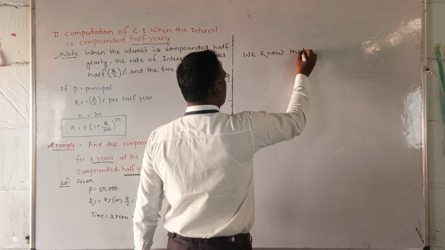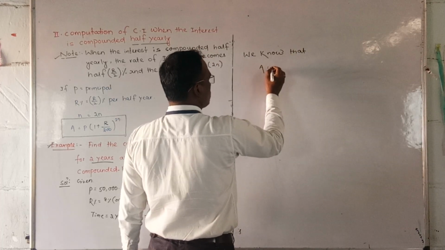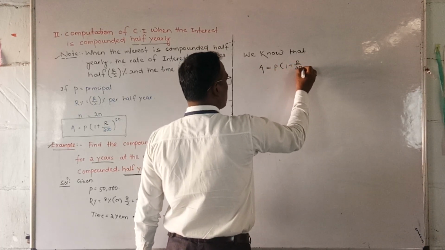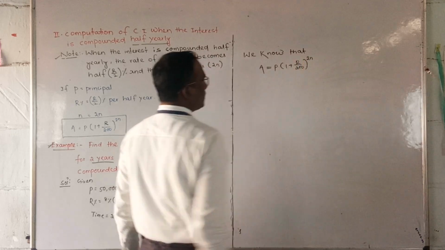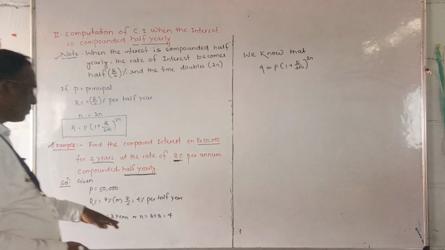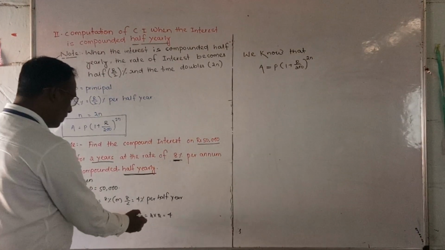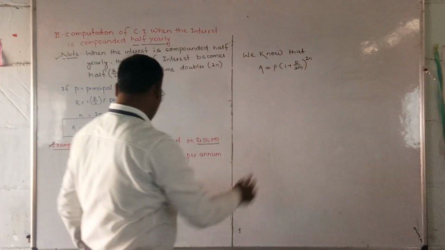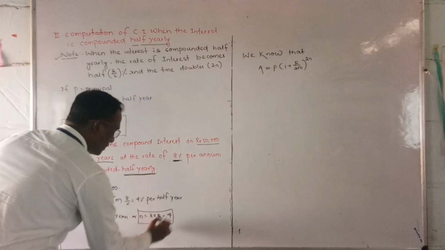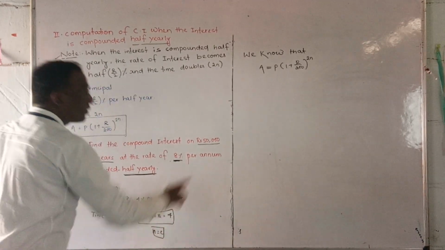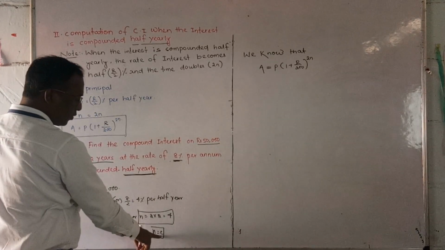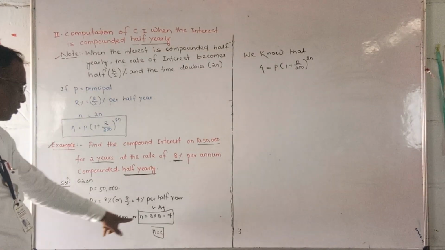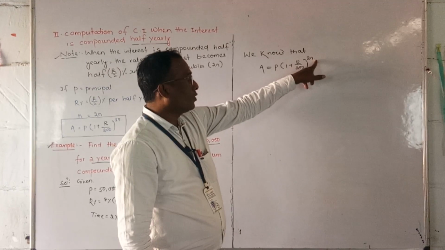So here the n value will become 4 now. Actually n is the time, which is 2 here, and whenever we are writing 2n, that time this will become 4. I directly wrote the answer here. Observe, don't be confused. If you put 2 here, that is correct, but if you write 4 here again, it will become 8. So remember, I wrote the time already given here for answer-finding purposes. Otherwise, no need to write this.